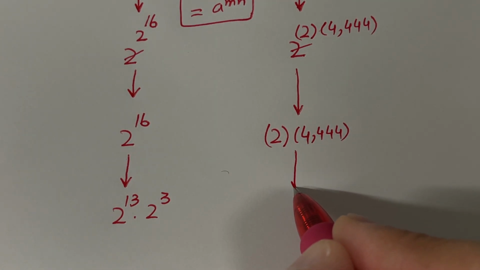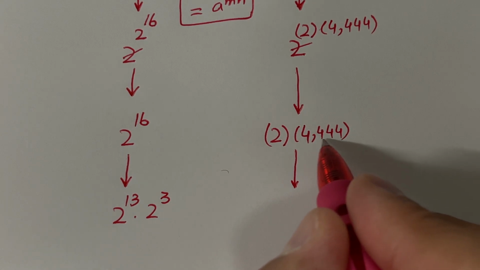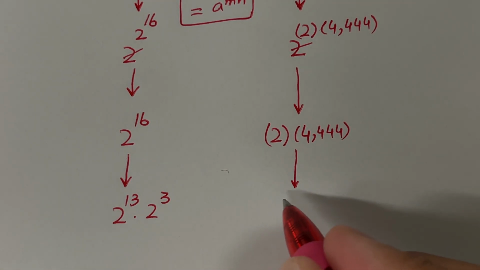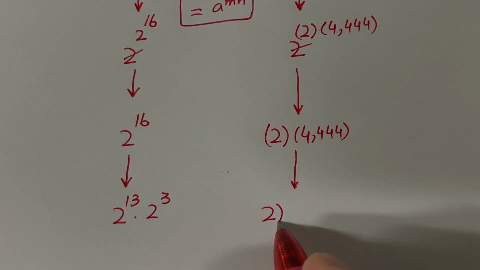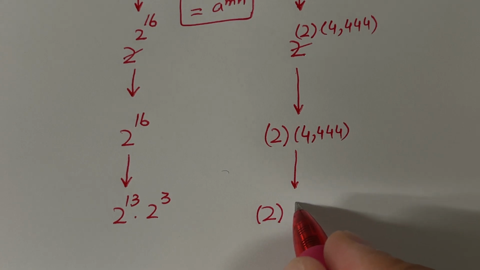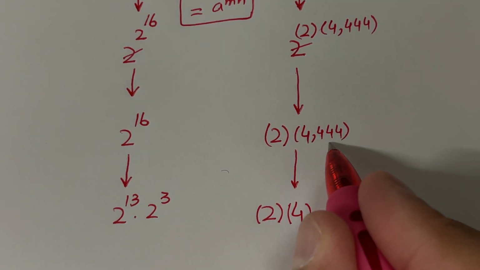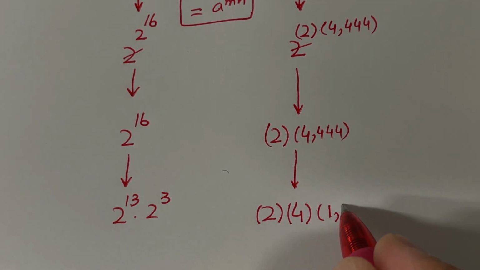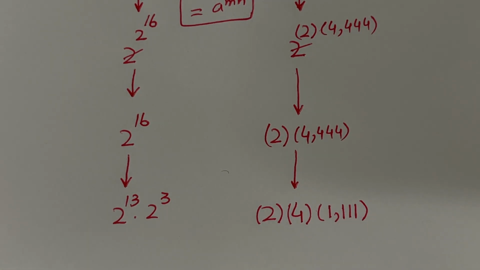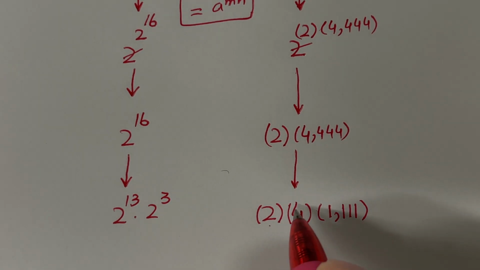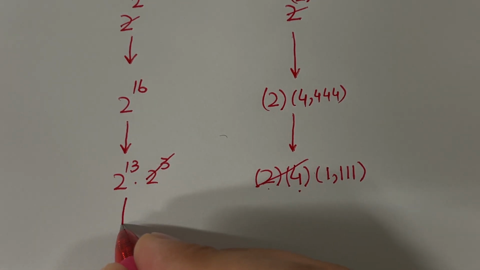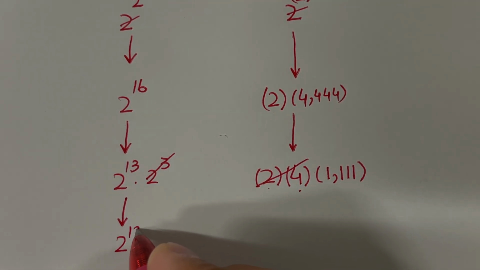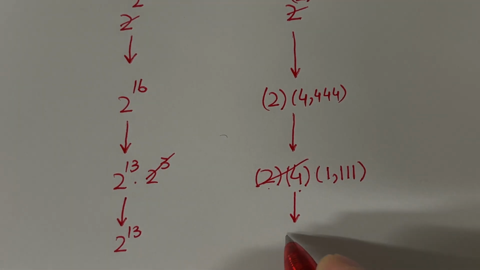And I can simplify the right side. I can factor out this number 4444 as follows. So first let me rewrite 2 as it is, and then I can just pull out 4. In other words, the factors of this number are 4 times 1111. Now if you look here, 2 times 4 is 8, and that can be cancelled with this 8. So on the left hand side we have 2 raised to the power 13, and on the right hand side we have